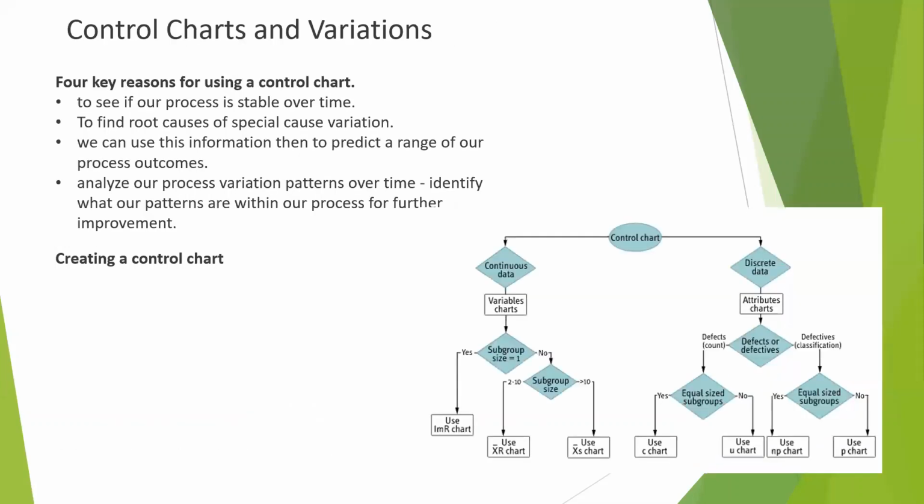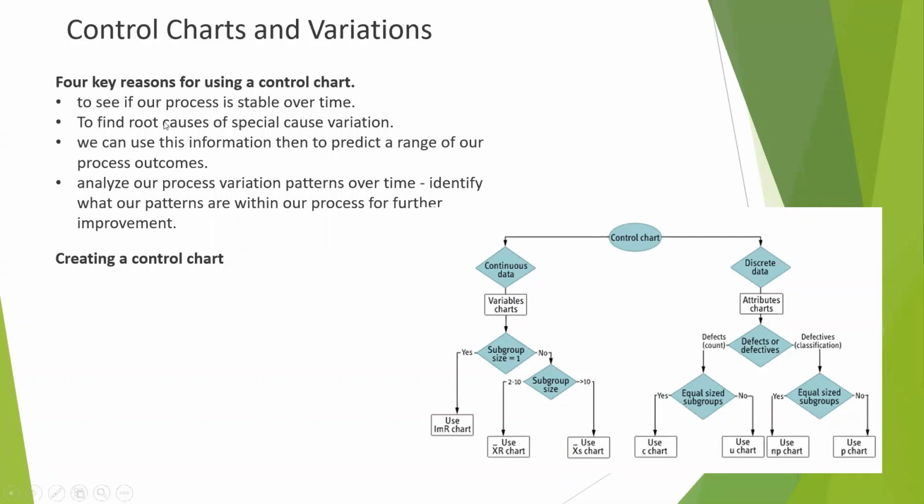Again, the control chart, how we are going to use it. The same chart I had given again to see if our process is stable over time. For example, you are getting a new project this month. We are saying that within 90 days our process will get stabilized. That's what we are committing to our client. If you take the same report after a year and the process is still not stabilized, that is a problem, right?